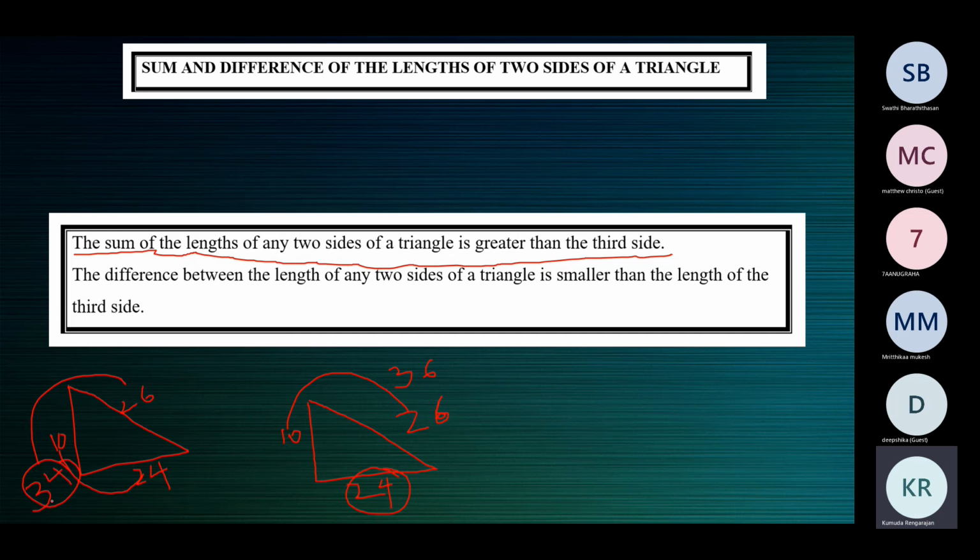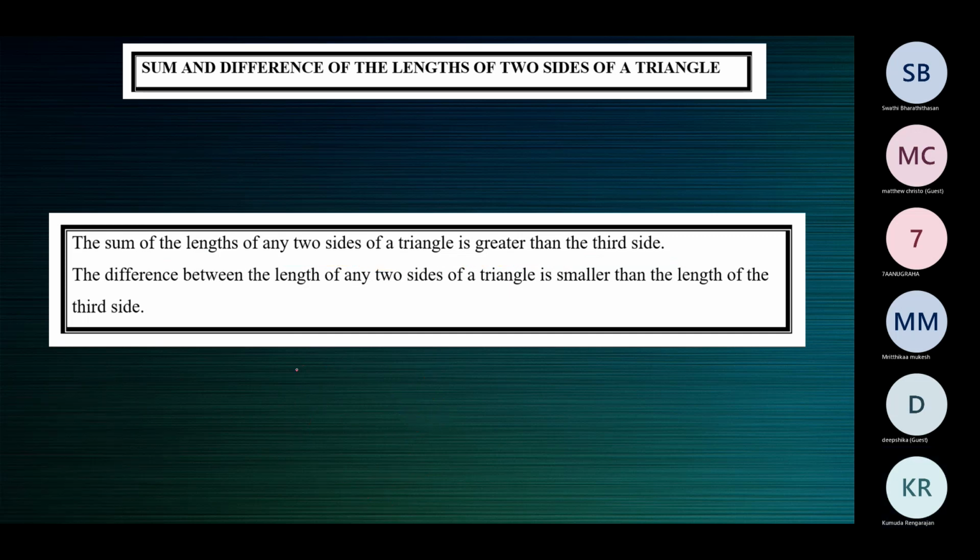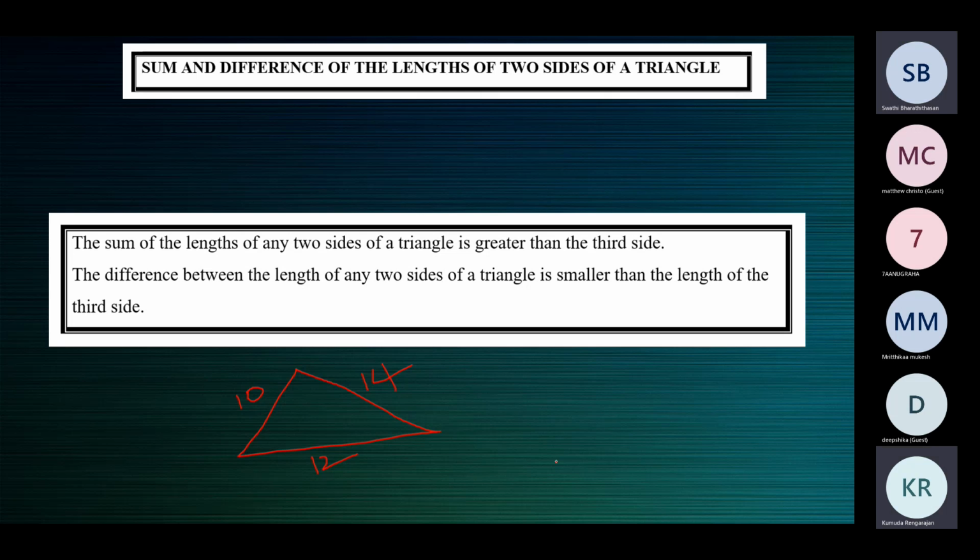So let's see that. I'm not taking sides conveniently like that. If this property does not work, then a triangle cannot be formed. If this property does not work, that means no triangle is formed. Either it will be an open figure, ma'am.